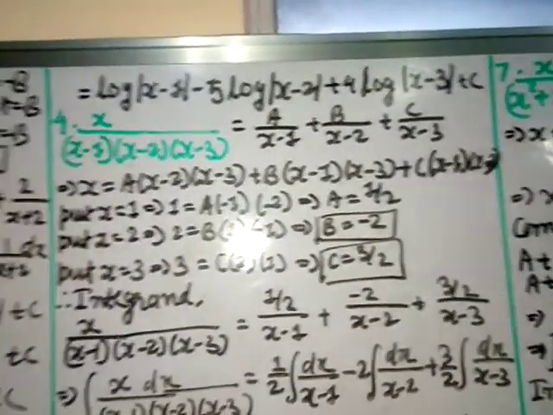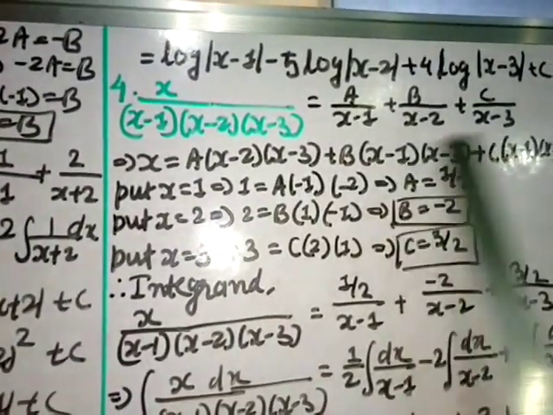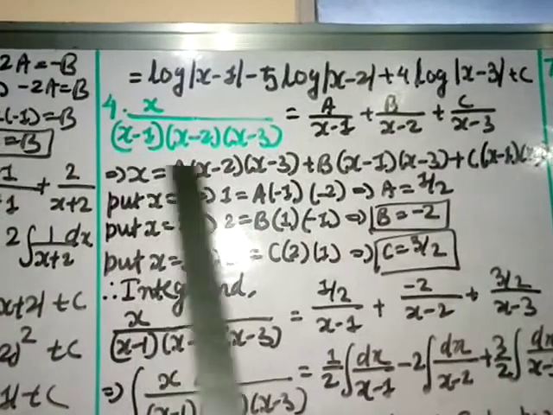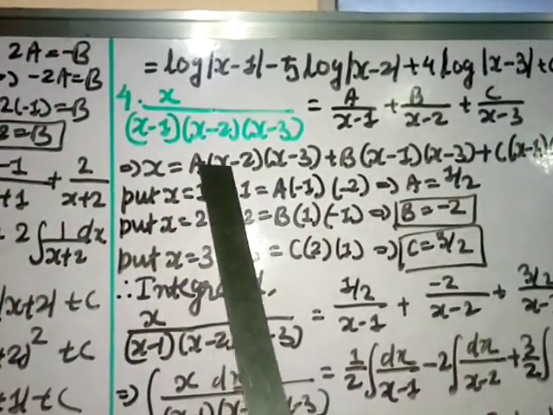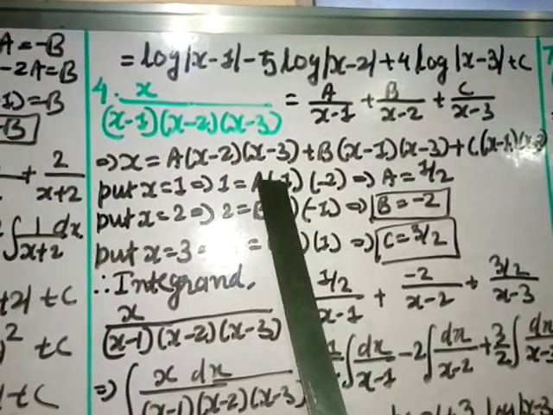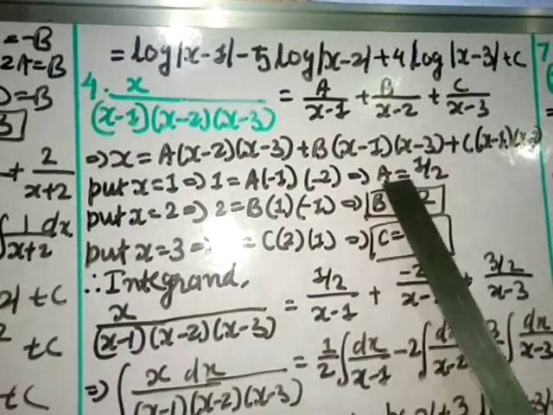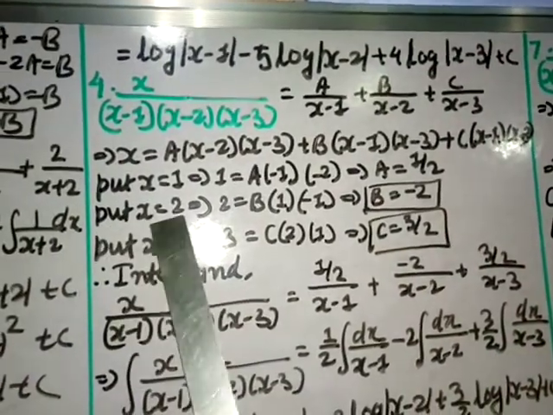Again we'll put the 0. First I'll put 0 of x minus 1, that is 1. So put 1. So this term will cancel, this term will cancel. Here both sides you have to put. So here 1, here 1 minus 2, that gives you minus 1, 1 minus 3 gives you minus 2. Minus 1 times minus 2 gives you plus 2, which you transfer here and it becomes half, 1 by 2. So a value is 1 by 2. Put x equal to 2.